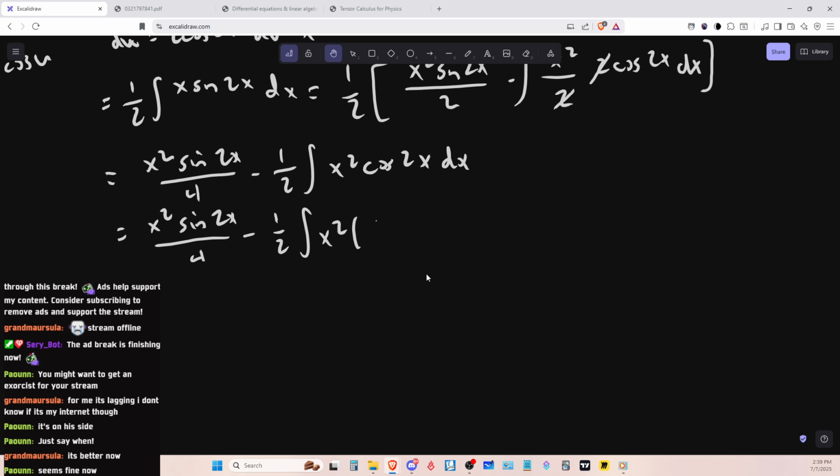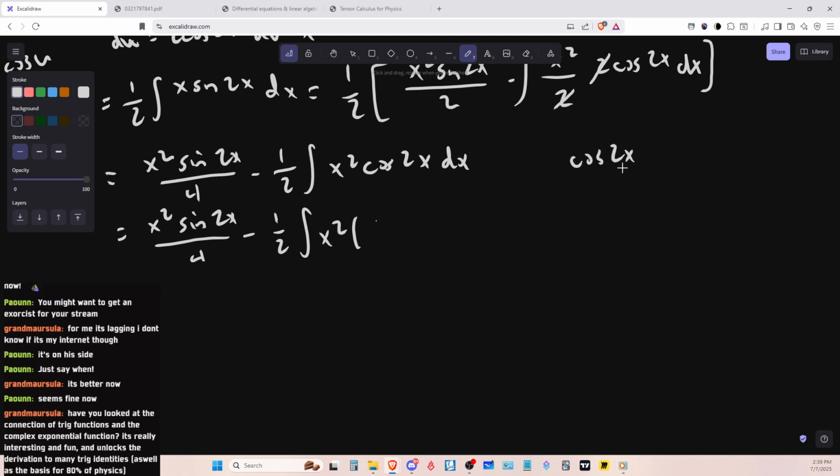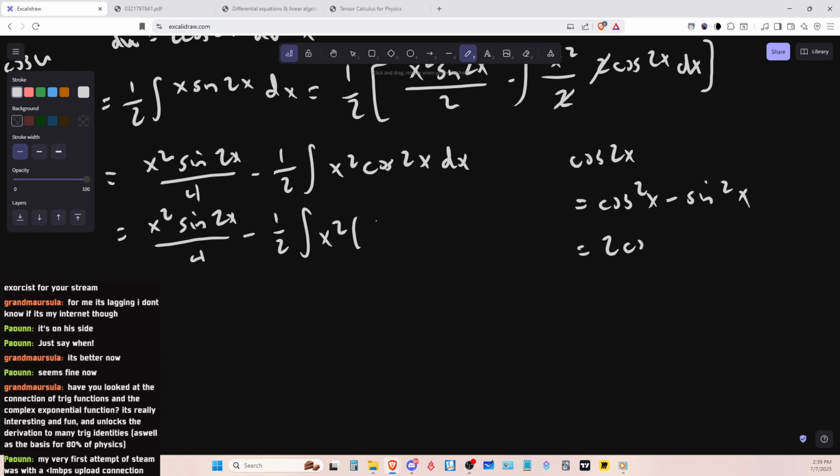Okay. Oh yeah. So we're looking up the identity for cosine x. So according to Google, cosine could be either equal to cosine squared x minus sine squared x, or 2 cosine squared x minus 1, put these parentheses here, or